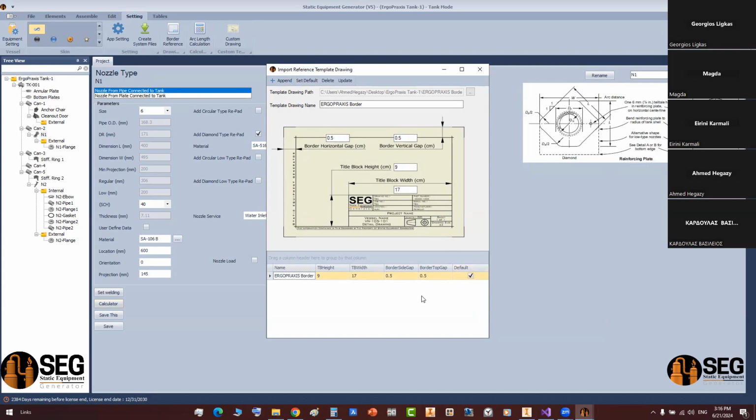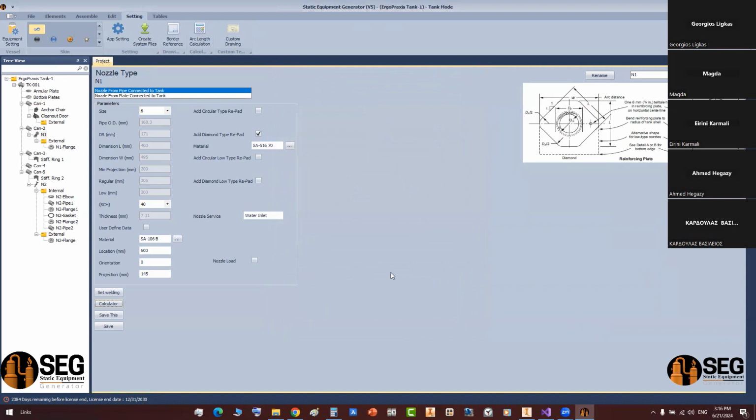line. You can add any number of title blocks and borders as you would like. If you have different projects with different title blocks, you can add any number of borders and title blocks. Now, this border and title block, the activated one, if you would like to delete it, you can delete it. If you would like to edit, you can just select it from here, modify the values and click on update to update the stored values for this title block. Now let's close the border, and from here